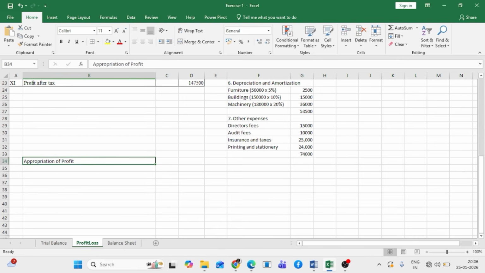Appropriation of profit. Here we'll see the distribution of profit in different forms, whether it may be transferred to general reserve or any sort of dividend. Okay, we'll show here. Now, what is profit? Profit after tax amount is